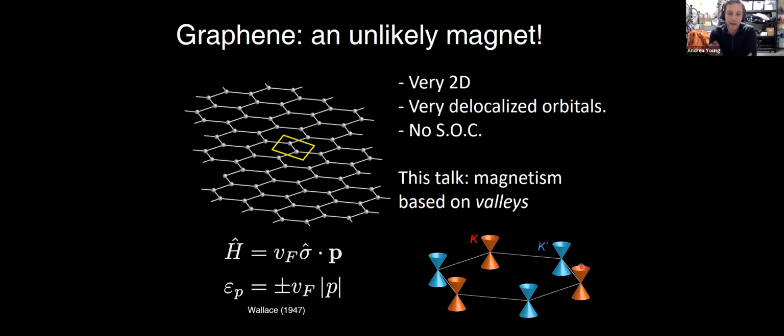And most of what I'm going to tell you about today ultimately comes down to the fact that this valley degeneracy functions as an anisotropic microscopic degree of freedom that can take the place of electron spin to give you magnetism in a system with no spin-orbit coupling. And that by controlling the band structure, you can essentially deal with this issue of delocalized orbitals and make the orbitals much more localized, and as a result favor magnetism. And that magnetism is fundamentally not based on electron spin, although it may involve electron spin. And as a result, you can build some new types of magnets which have a variety of properties, which I'll tell you about over the course of the next hour.